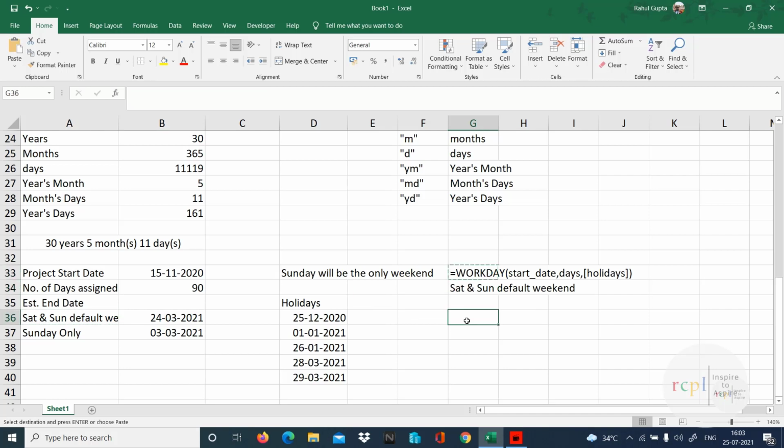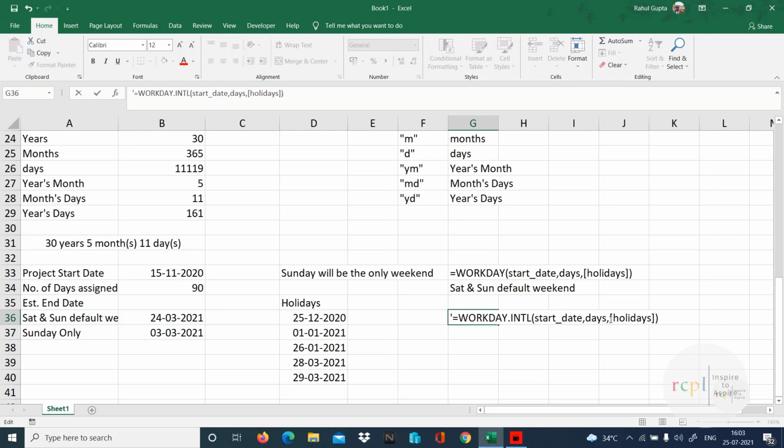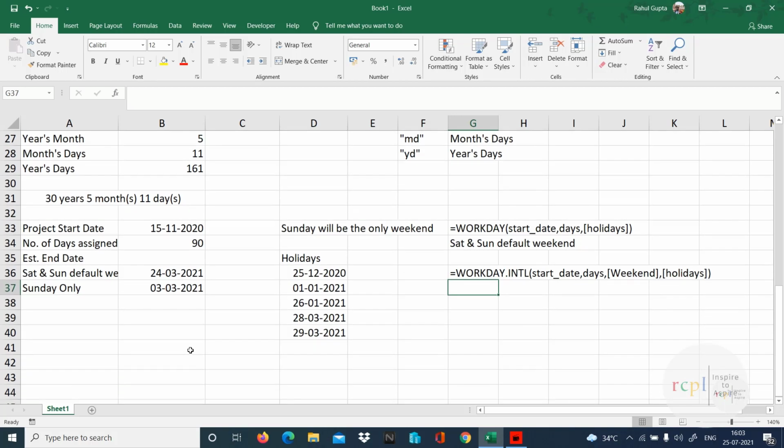And when we talk about workday.intl, start date, days, weekend, we can also define the weekend. So now these functions could help us find out exactly the end date on behalf of any weekend and holidays.